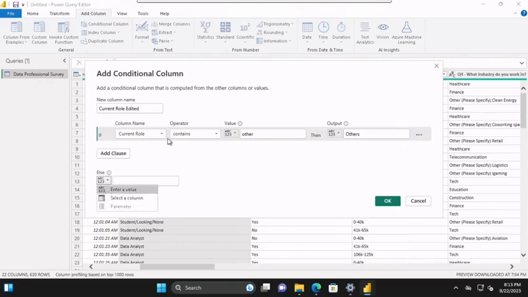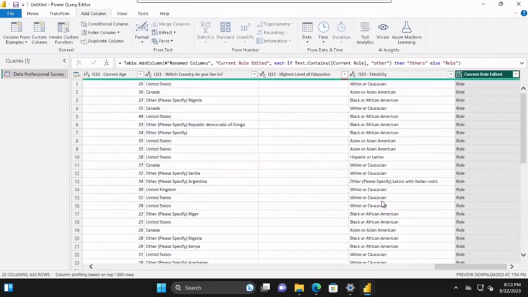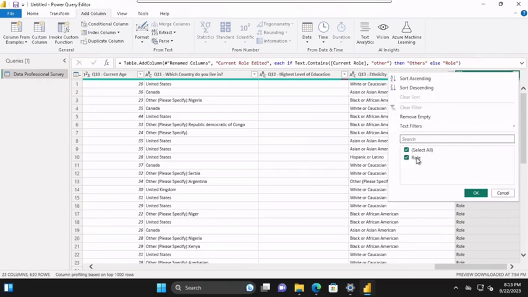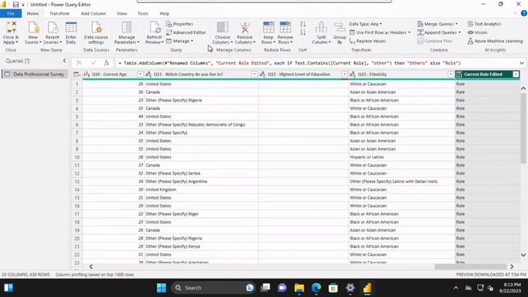Of course it's in value, so if I choose else, I'm supposed to put something, okay, let's see what it does. So if I put else, I just put rule, right? And okay, what has happened here is we now have this, but this is not what we wanted to do. If you check this, you are going to see role, but this is not actually what we wanted to do. So we are going to take this back, remove the column,